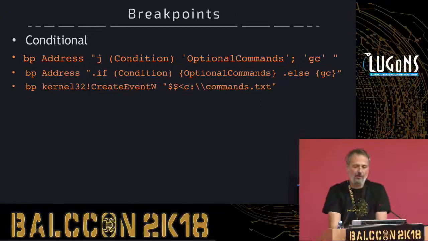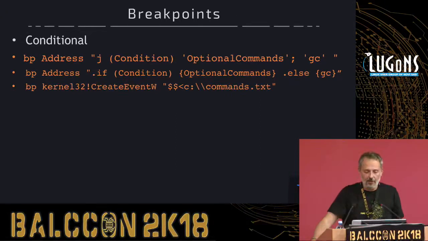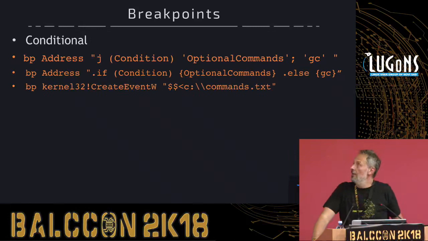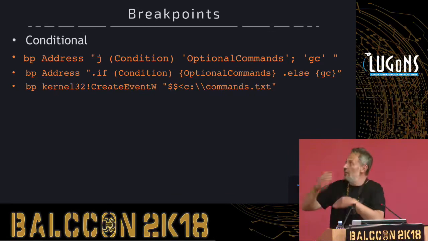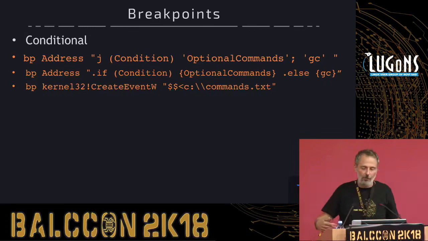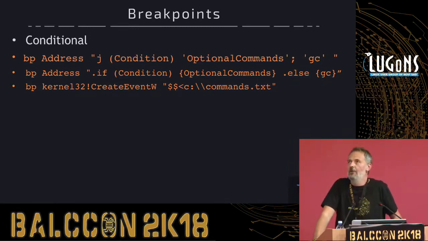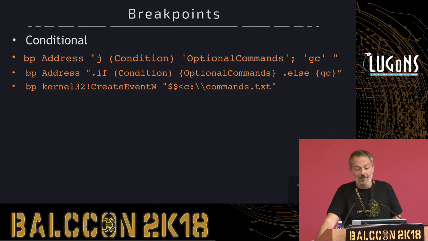And the conditional breakpoints, which I more or less mentioned: sometimes you have a huge number of API calls for some functions, like messaging functions for Windows. You have the messaging loop, and some function is called millions of times, but you only want to break when some certain condition is met. So you can say, if my window name is virus.exe, only then I want to break into this